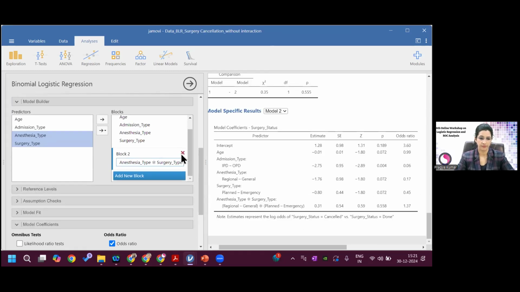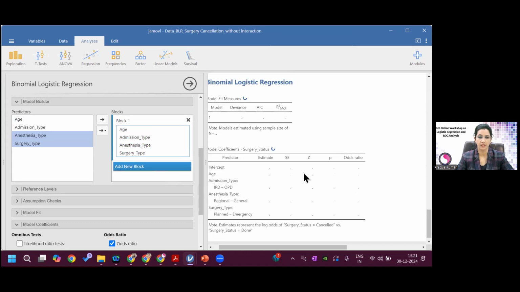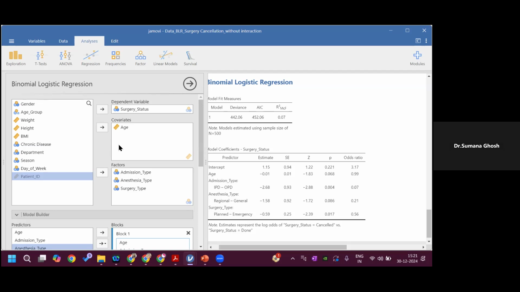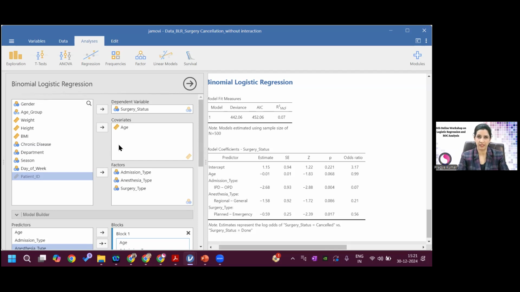So this was, I'll just cut this. So Dr. Sumana, this was the initial. I just started with binomial logistic, and as you know, when you open the interface of binomial logistic, the dependent variable is the surgery status. Surgery status has been classified as cancelled or not cancelled. This is the box of covariates, and you can see the sign. This is the sign of a scale variable. So I have entered the age here, which is my scale variable. Here there is a BMI also, but can you recall why I am not taking BMI here? Because the p-value was more than 0.2. Very right. When I did the univariable regression, then it was